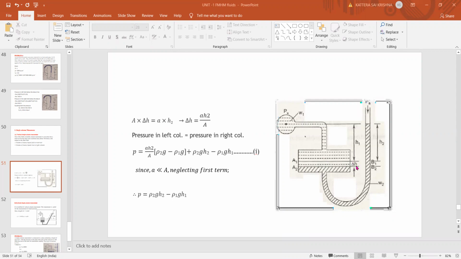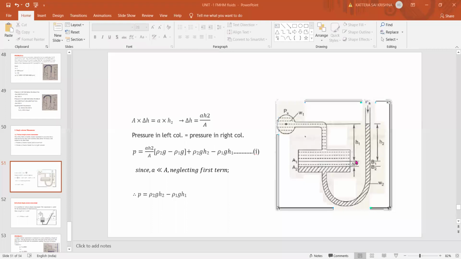That's why this change will be very minute, which may be neglected, because the difference in areas is very large. Hence the pressure is given by the height of the liquid in the other limb. So pressure will be given by the height of the liquid in the other limb, this limb, where we can